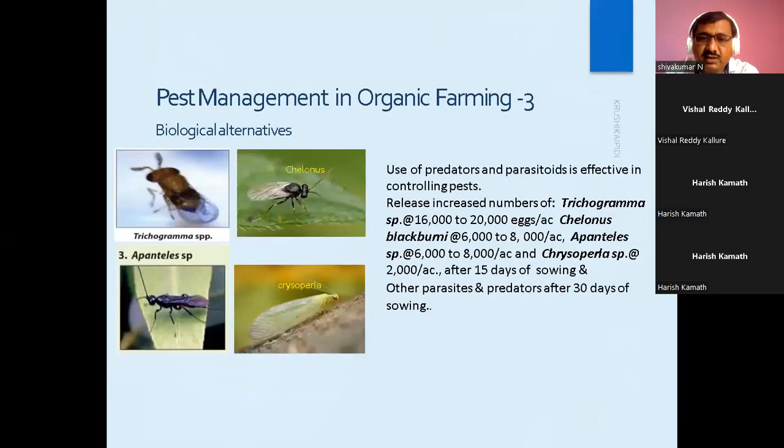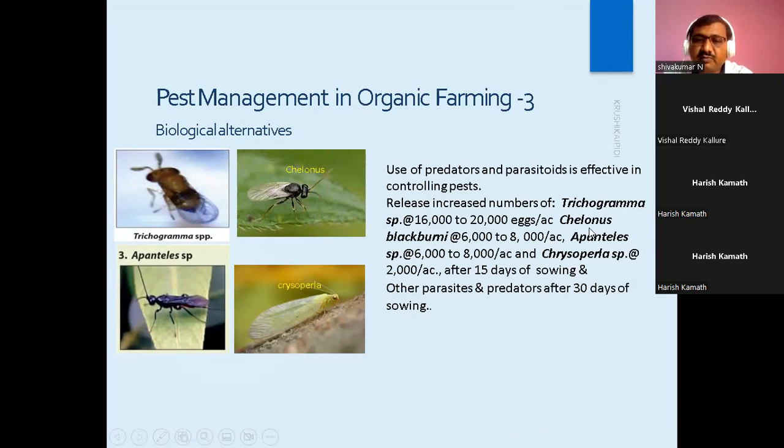So there are some other control agents. We call them predators and parasitoids, which we will cover in the next training more specifically. Once they are available commercially, you just need to bring the cards. Each card will have 16,000 to 20,000 eggs. Once you release them in the field, they will mass multiply, and they will attack the pests in your crops.